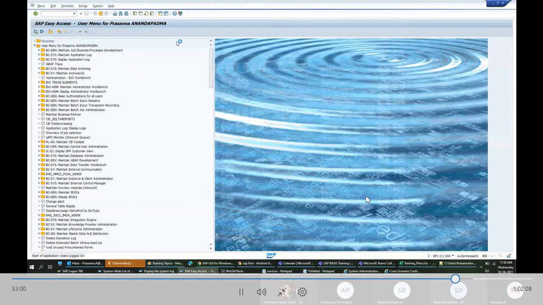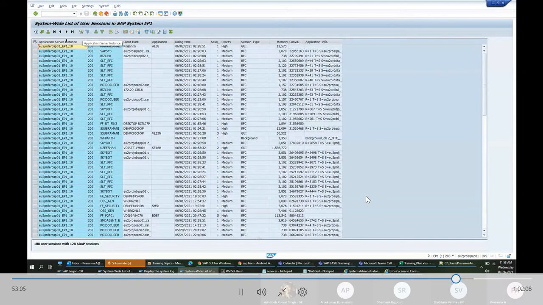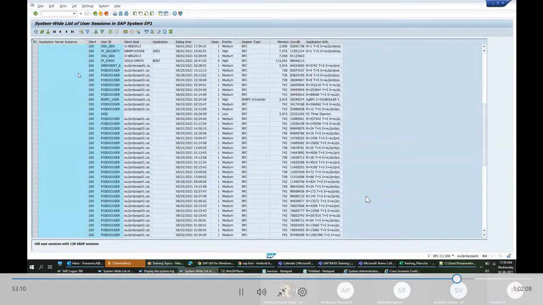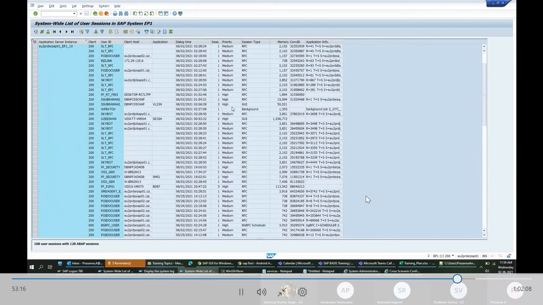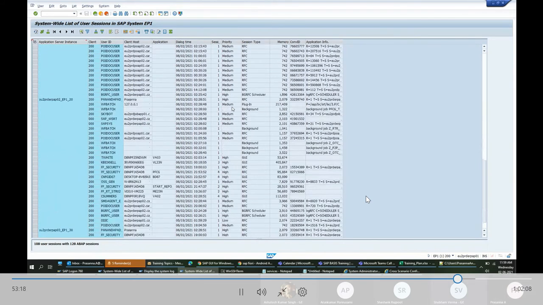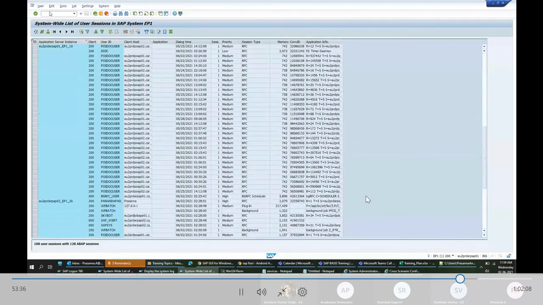Let's get back to these logon groups. If you want, we can order by this server and see why a particular server is loaded. So see for the EP1 server, on EP2, as you asked, the number of logged-in users is less on this server, but I think a lot of background jobs are running on this server currently. So that is the reason you see the response time is high for the app2 server.